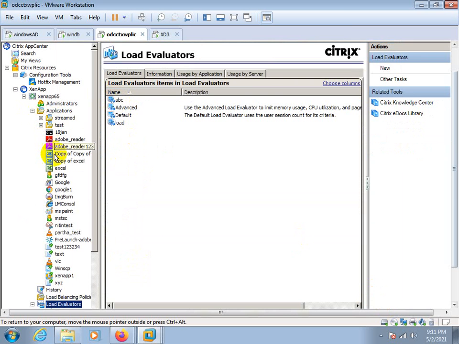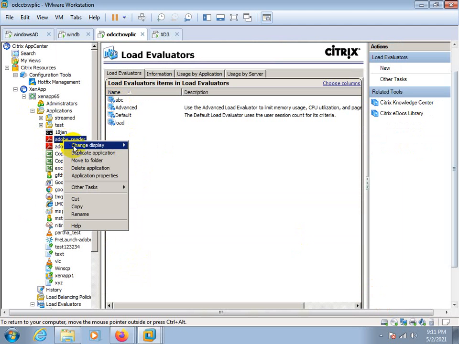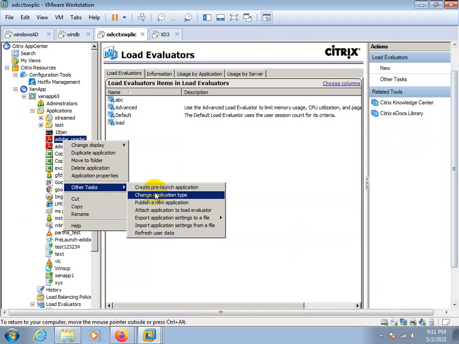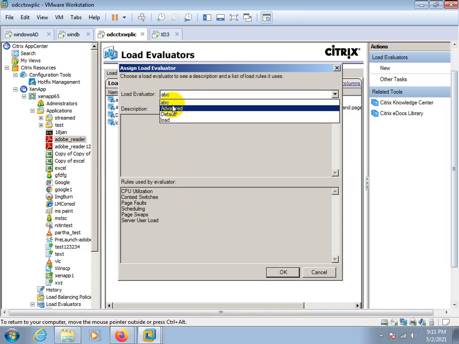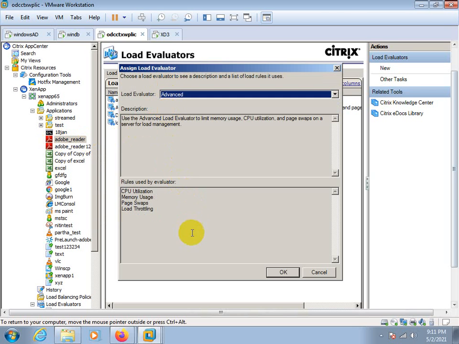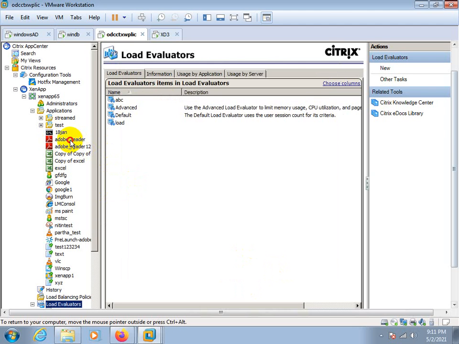Go to the application, right click and check it. Publish a new application, attach application to the load evaluator. Click here, select the load evaluator in which you want to attach this application. I selected advanced for Adobe Reader, click OK.